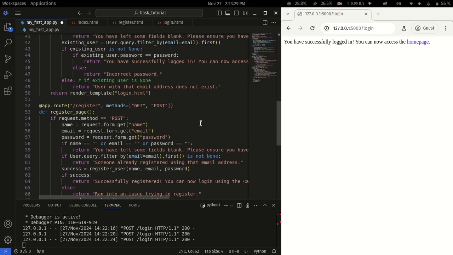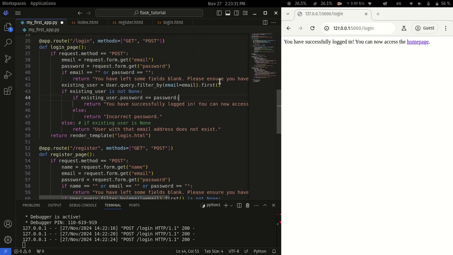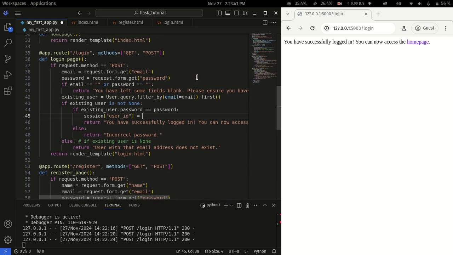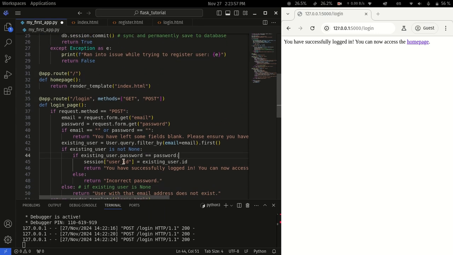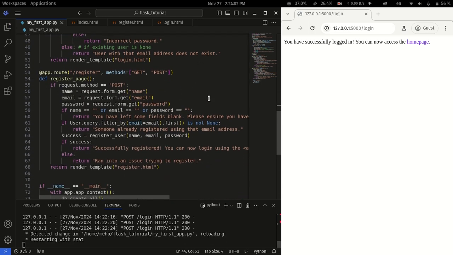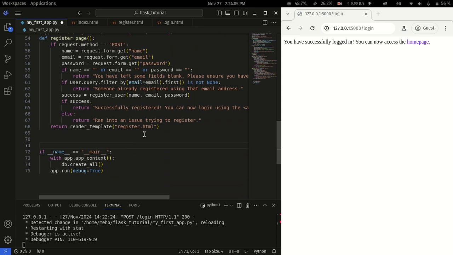Okay, so register is good now, and what we're gonna want to do here is session user ID. We're gonna save this user's ID to the session called session user ID, and we're going to simply do existing user.id. Okay, so instead of doing, in the past we've done logged in for the session, this time we're doing user ID, and we're going to save this,